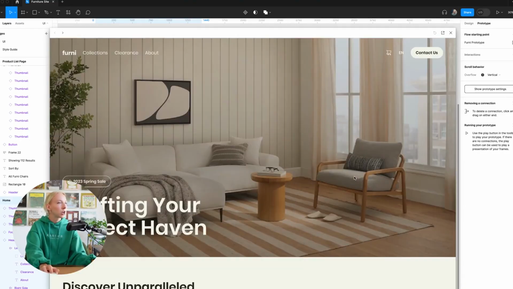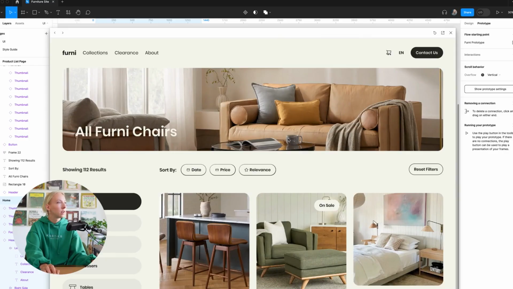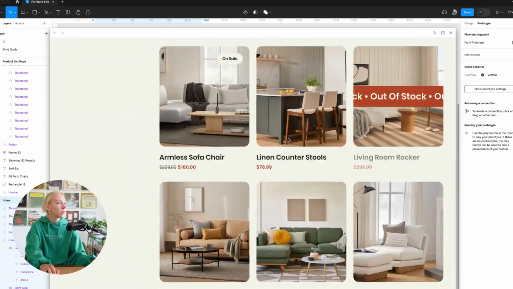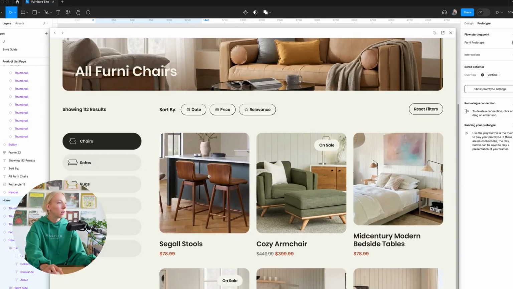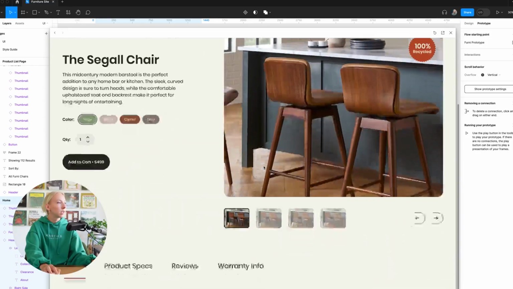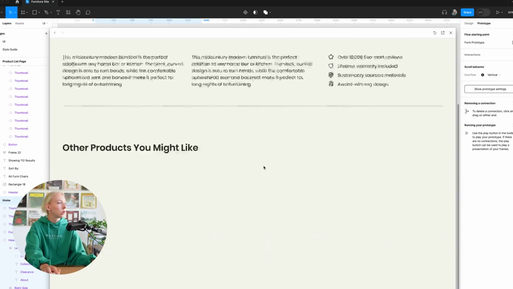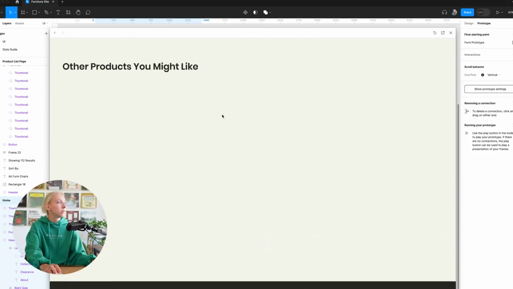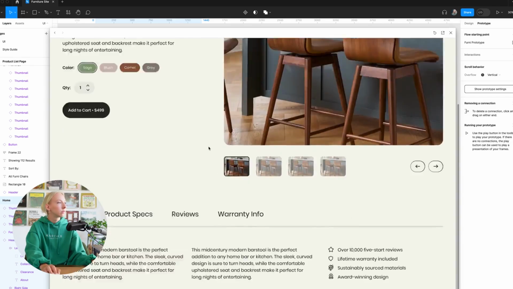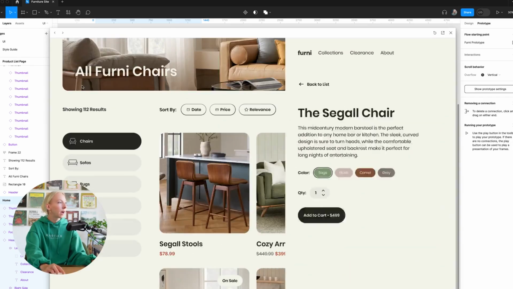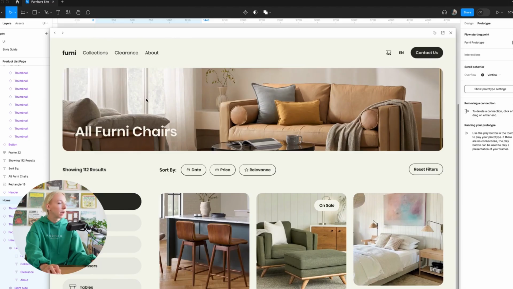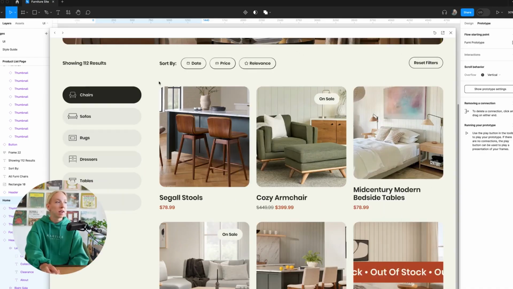Okay, so we have this screen. We're going to go to collections. Nice. Pretty cool. We're going to click on stools. And we get to this page. We can go back to list, which takes us back here. And I noticed something. So when we go back to list, it doesn't take the scroll back to its original